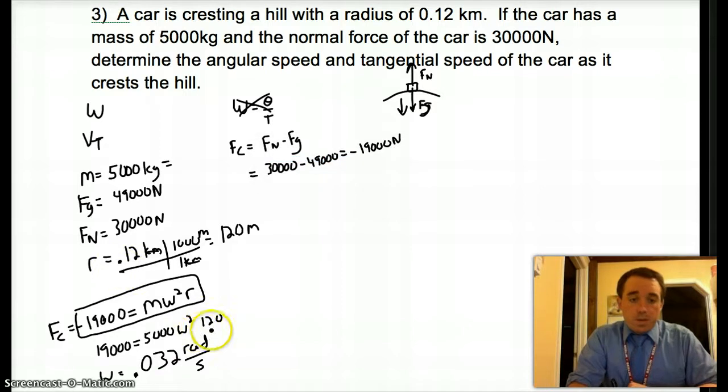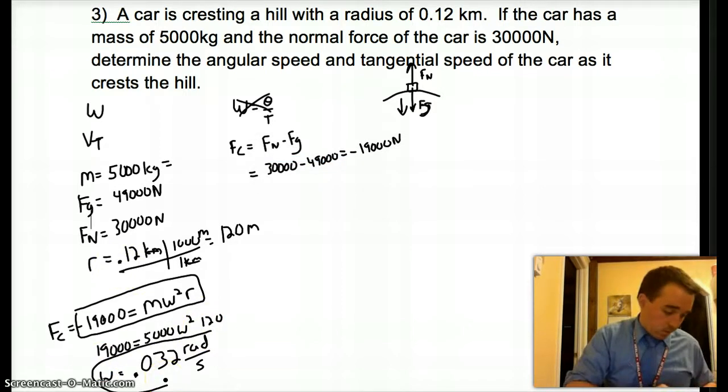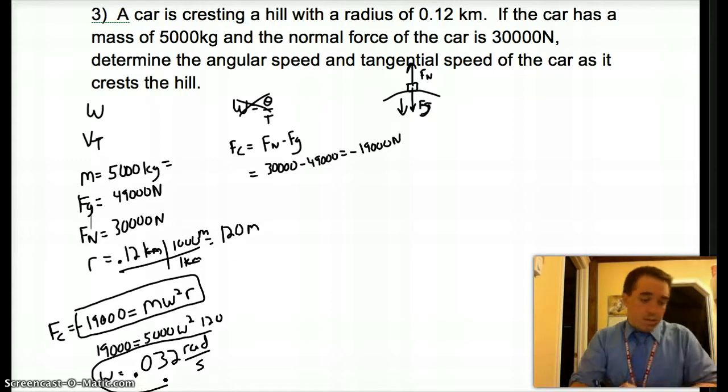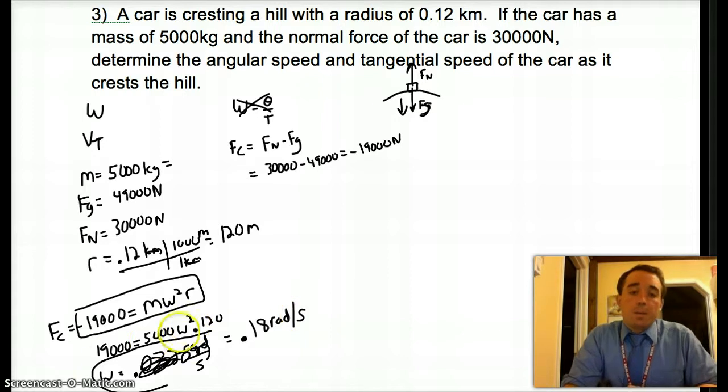So that is my angular speed. No, it's not, because I didn't take the square root. I'm sorry, it's not 0.032. It is an omega of 0.18 radians per second. I forgot to take the square root initially. So, omega of 0.18 radians per second,